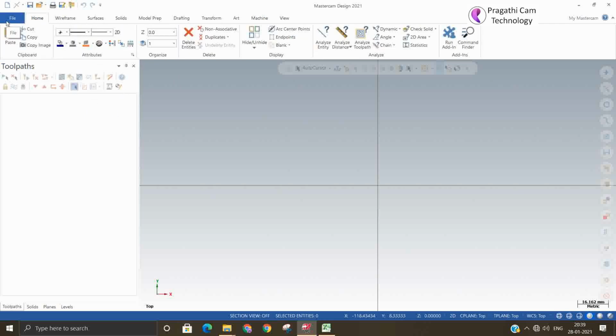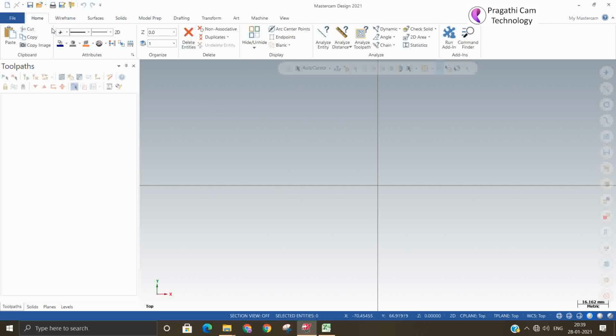So today we are going to see about this graphic user interface. What is the meaning of this? It is how you are going to communicate with the Mastercam software.